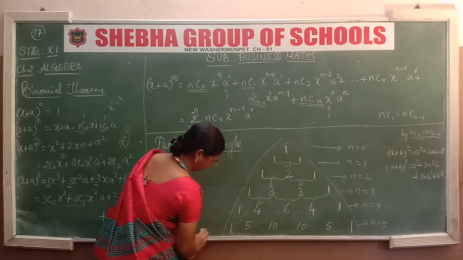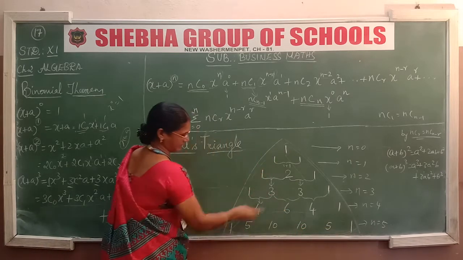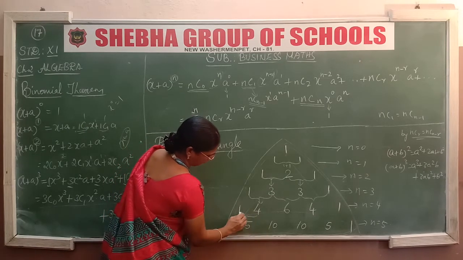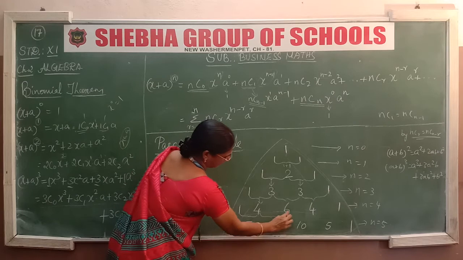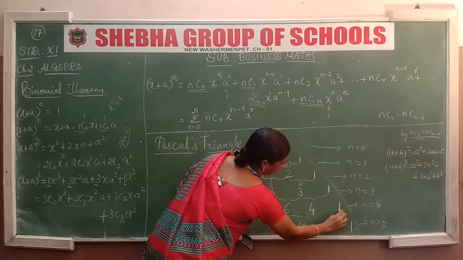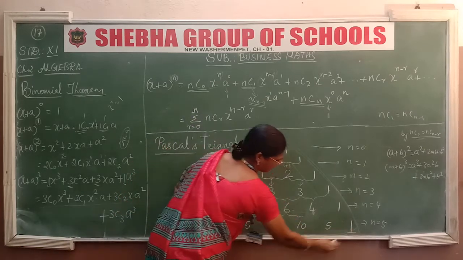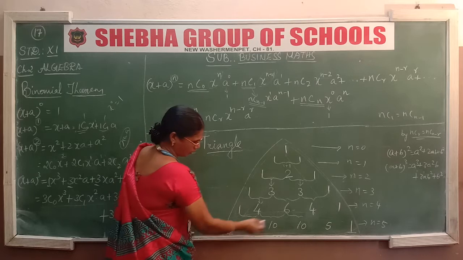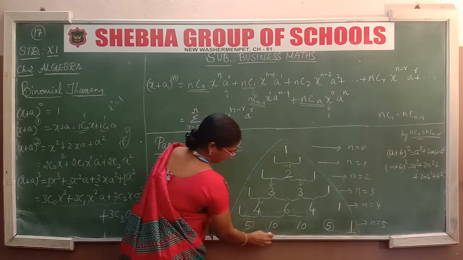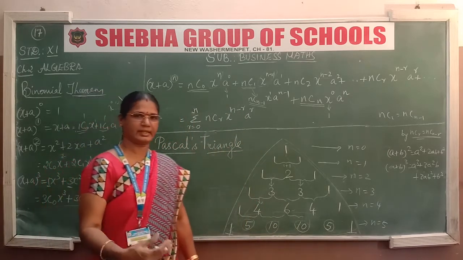Suppose n equal to 5, then we use these numbers for the coefficients of power 5, that is 1. Adding these two, 1 plus 4 is 5, and adding these two we get 10, adding these two we get 10, adding these two we get 5, 1. And also listen, the numbers at the ends are equal coefficients. 1 1, the second these two are equal, 5 5, and third 10 10, and so on. Similarly we can write for 6, 7, 8 and so on.